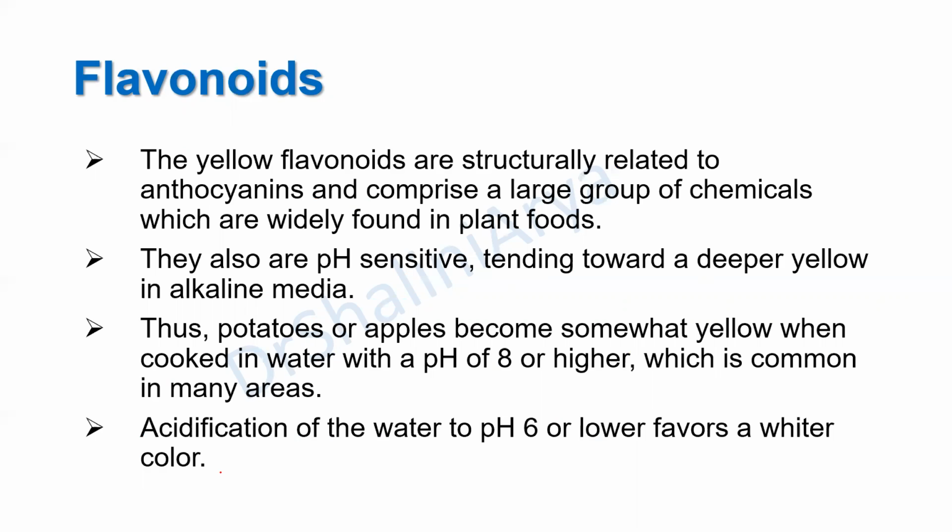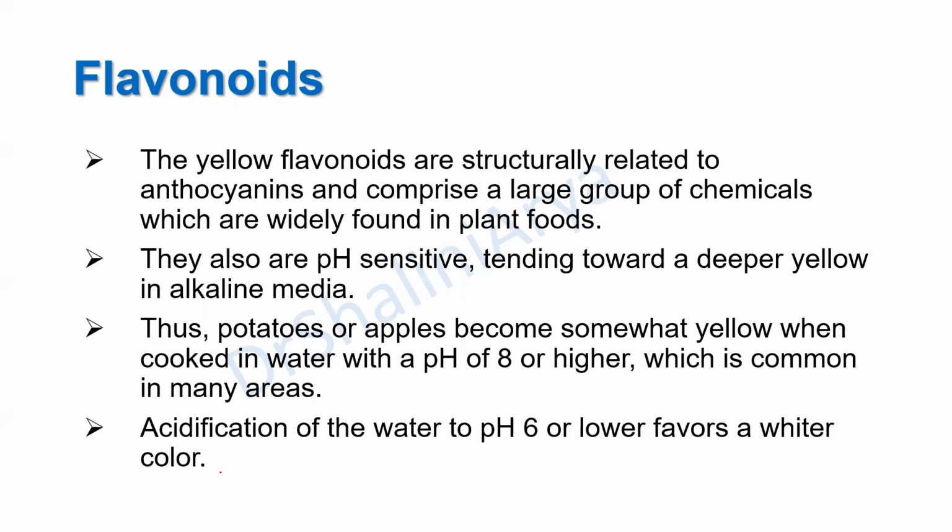So what are flavonoids? Flavonoids are structurally very similar to anthocyanin, and they comprise a very large group of chemicals found in plant foods. Similar to others, they are also very sensitive to pH, tending toward a deeper yellow in alkaline media. When you cook potatoes or apples, what is the color? They become deep yellow in color